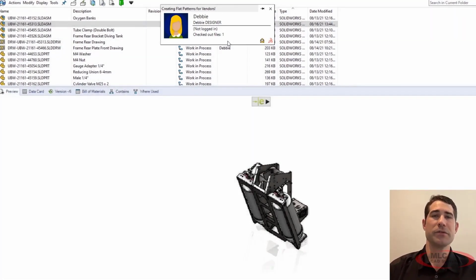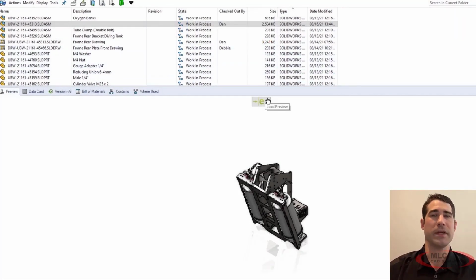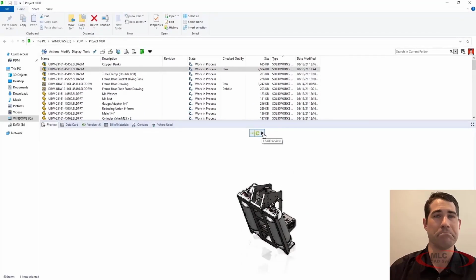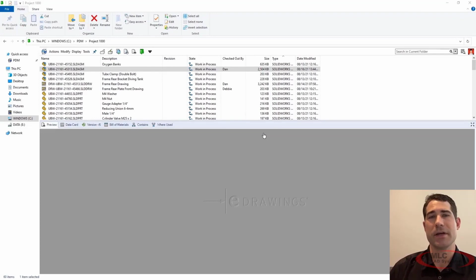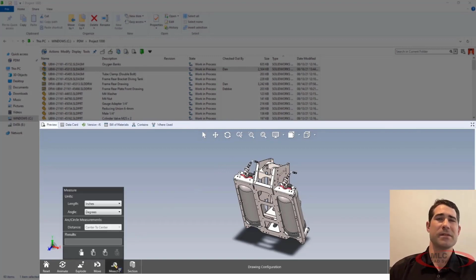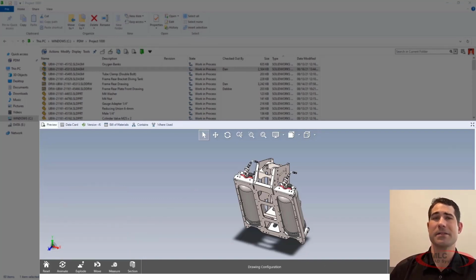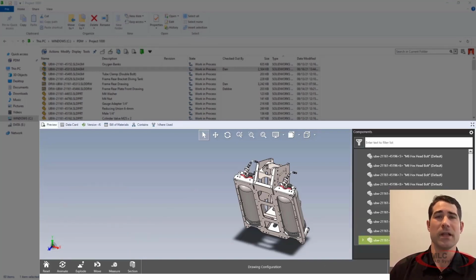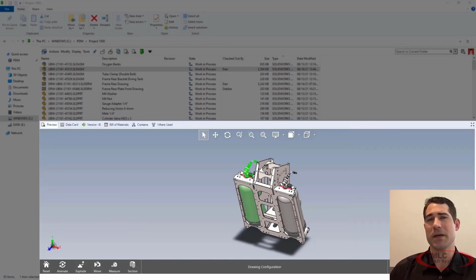New for 2022, transitioning from the bitmap preview to the eDrawings preview is now more discoverable with the help of a dedicated button. Interrogating your models is now easier than ever with the eDrawings desktop UI fully embedded. This familiar interface gives access to commonly used commands like the measure tool. With all its options, it also provides access to the component design tree, allowing you to cross-highlight between model geometry